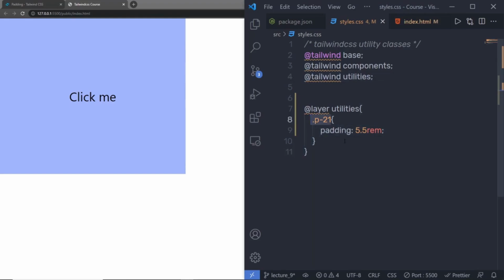But what if you want to use variants with it? Let's suppose you want to add 5.5 rem padding to the button when you hover on it. Keep in mind, Tailwind will not create state variants with your own utility classes. Instead, you need to create that on your own. If you want to specify 5.5 rem padding to this button when you hover on it, you can simply